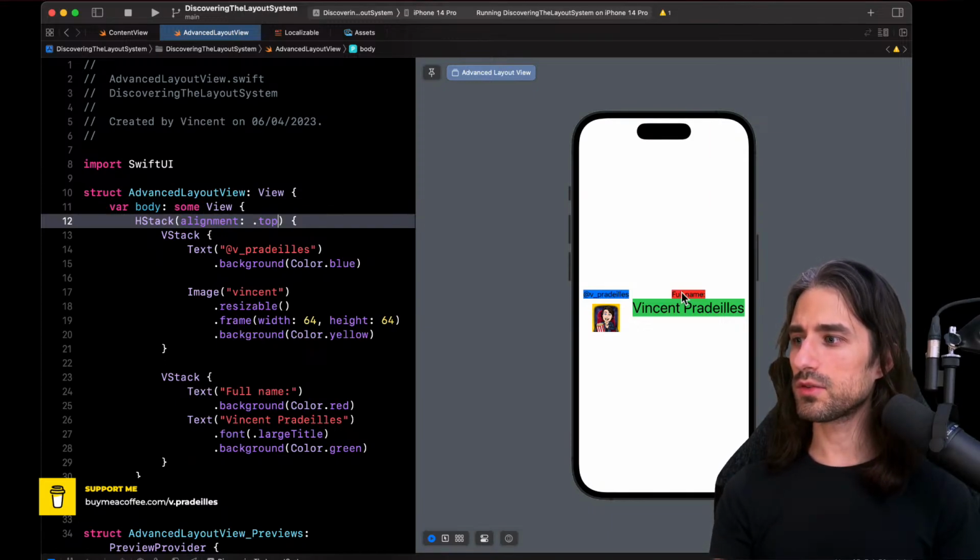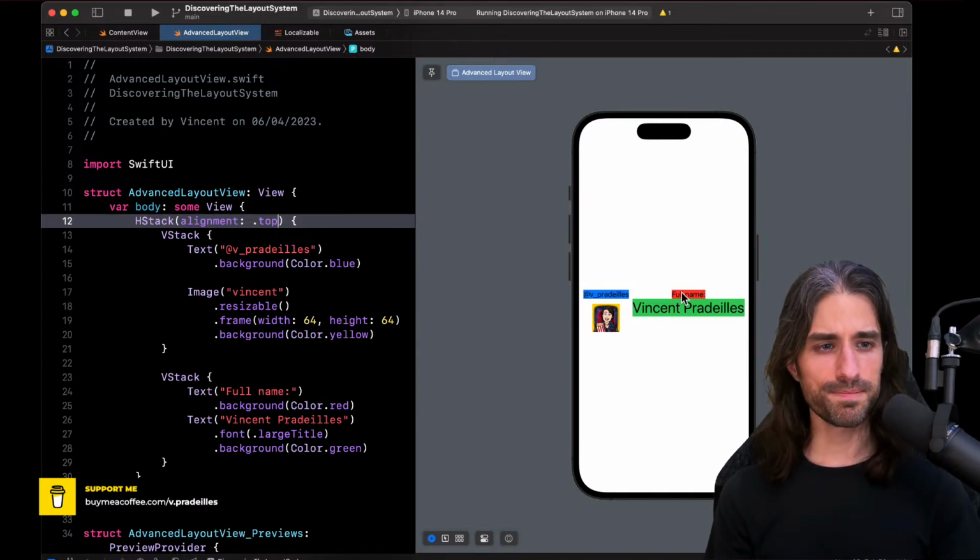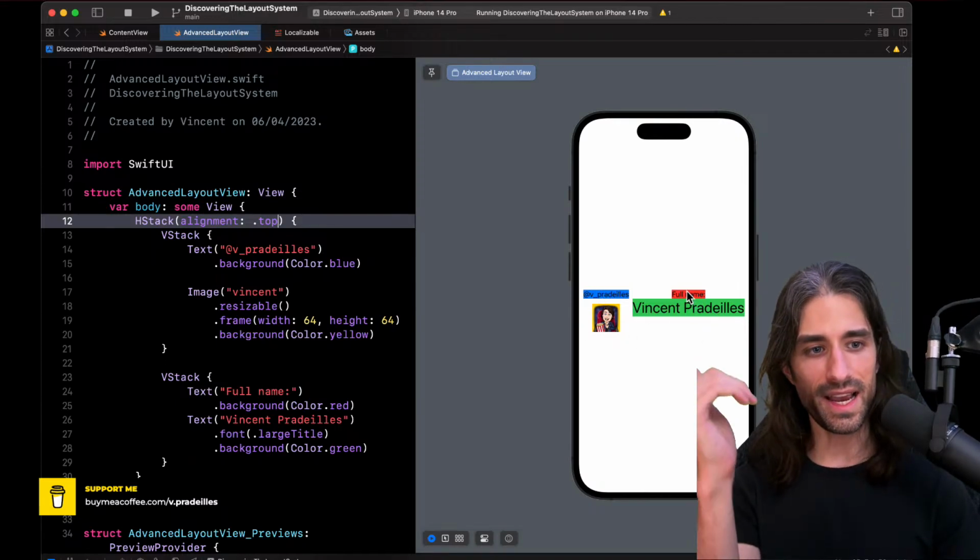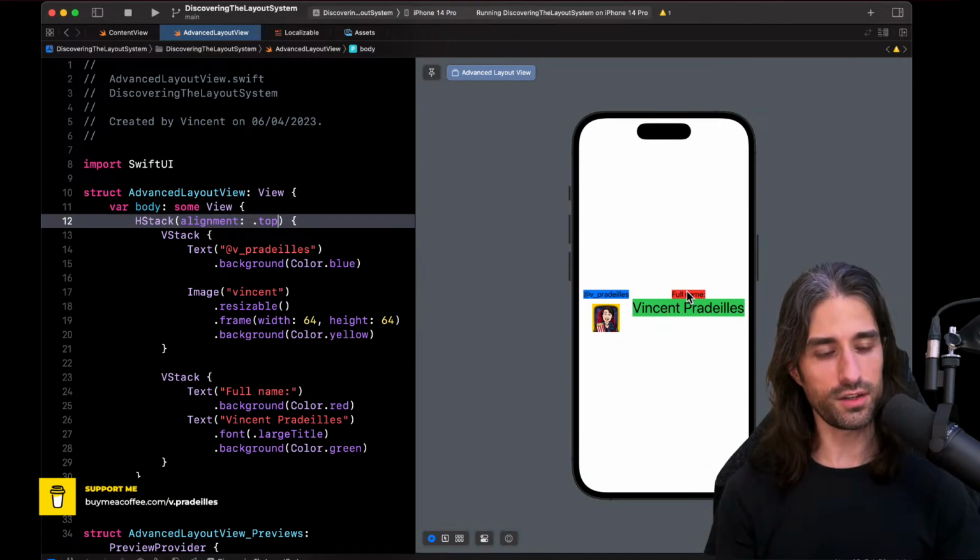But what's interesting is that actually we haven't really aligned the first text of the first column with the first text of the second column. What I mean is that we didn't state to SwiftUI that we wanted this text to be aligned with that text. We said to SwiftUI we want the content of the first column to be aligned with the content of the second column.